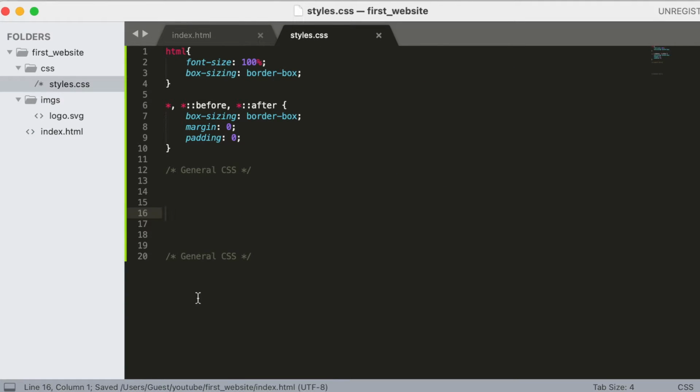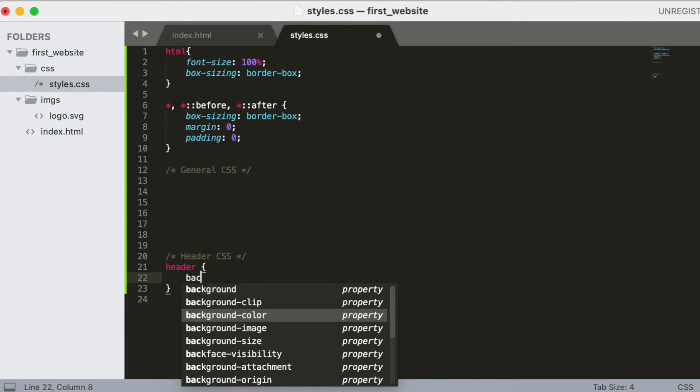So let's go into this one. So here it's not general. The first thing we're going to do is header CSS. Perfect. We'll have some general, I said, and we'll have the header CSS. Let's start by having CSS for the header. Perfect. We start by giving it a background color,